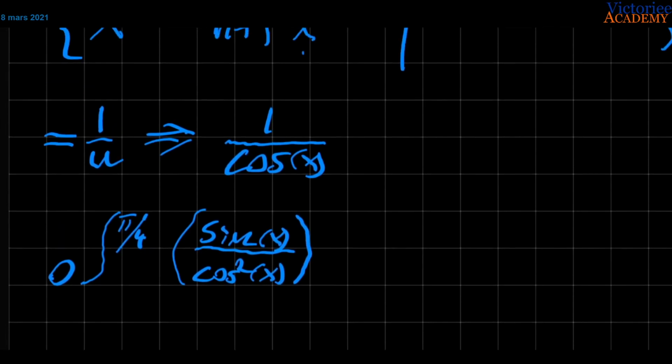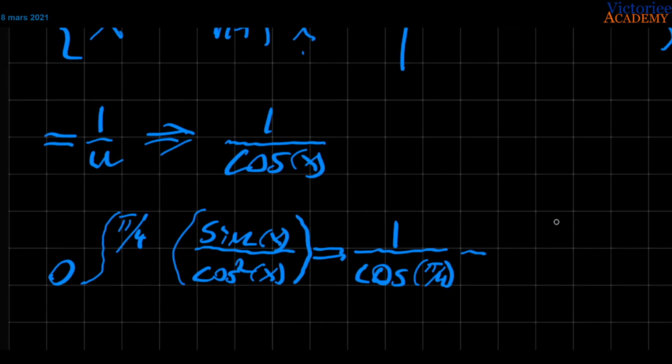And it turns out that this is the primitive function of this. So the value of this when we evaluate will turn out to be 1 over cosine of pi over 4